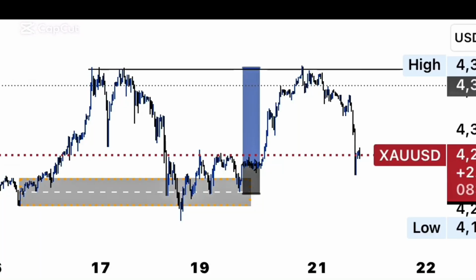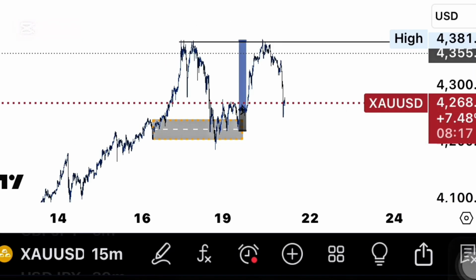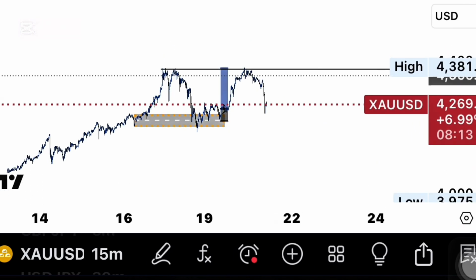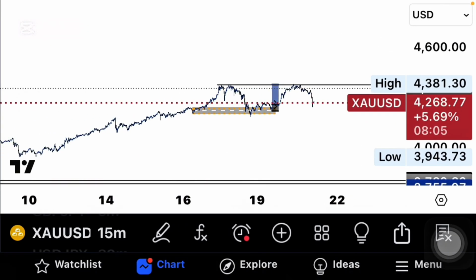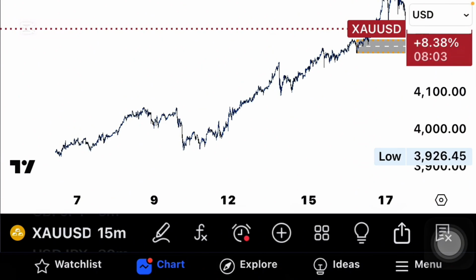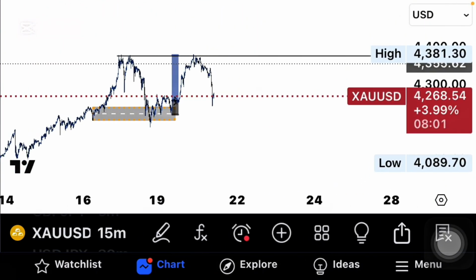I'm analyzing the XAUUSD, which is gold. So this is the 15-minute time frame. We're on the 15-minute time frame, and currently this is what is happening on the XAUUSD on the 15-minute time frame. Mostly why I use the 15-minute time frame on gold is because at first when I started, I